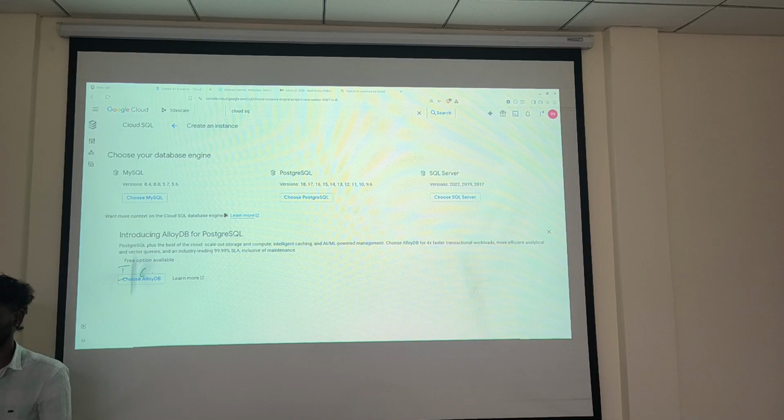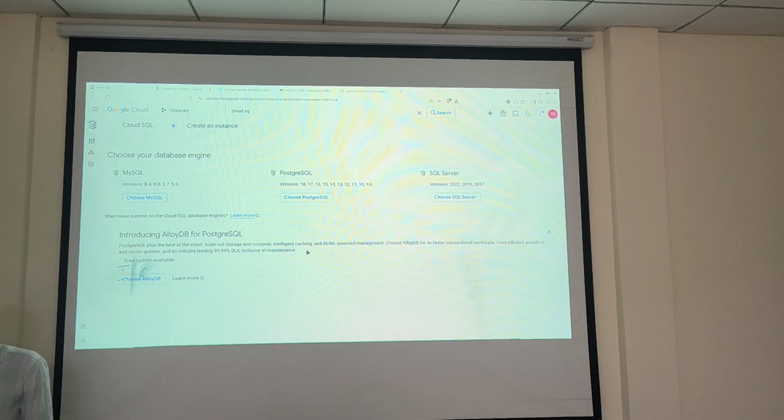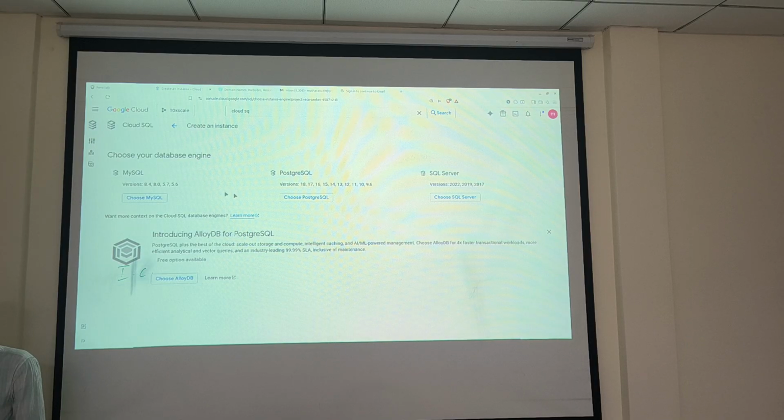So I can choose the database. Initially they are giving MySQL and Postgres, whatever versions, then SQL Server and AlloyDB are also available. Okay. So it depends on your need. You can use it.